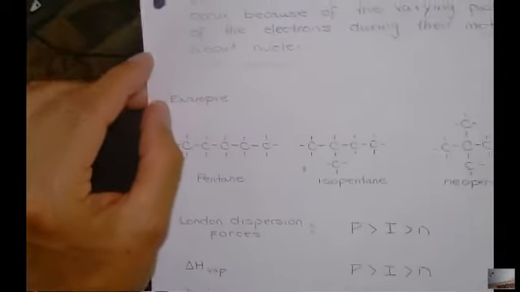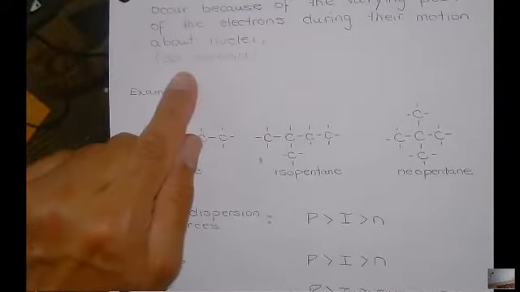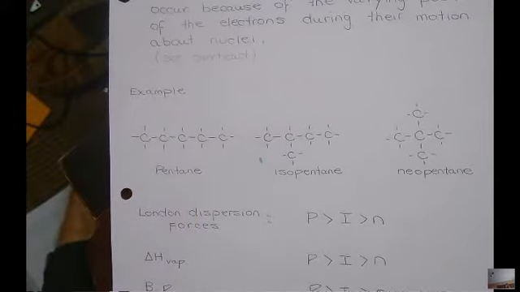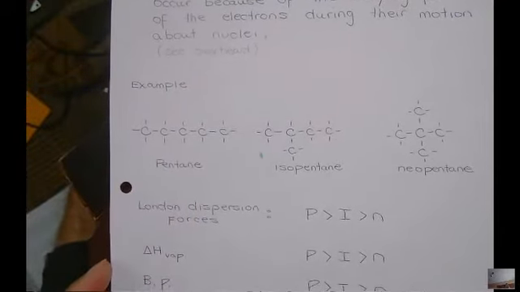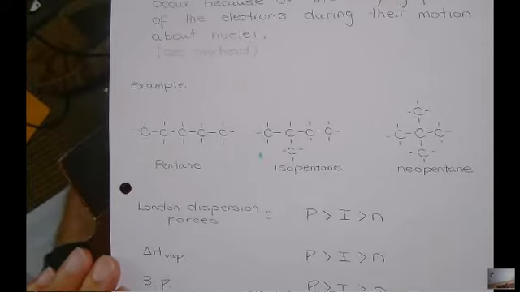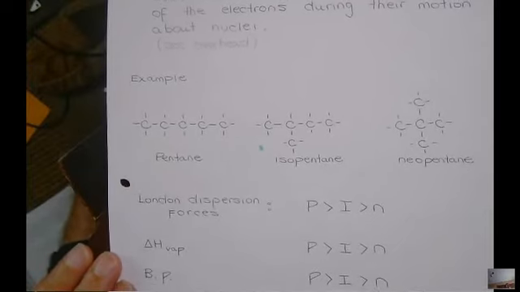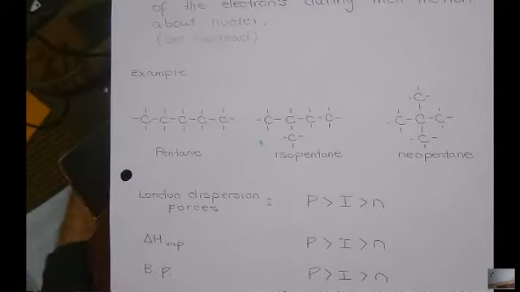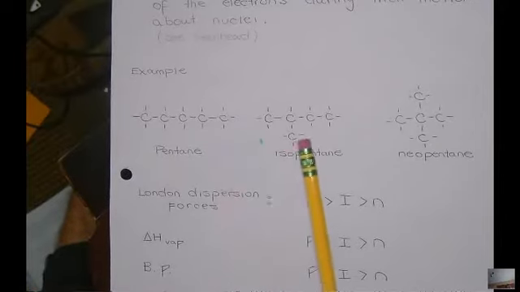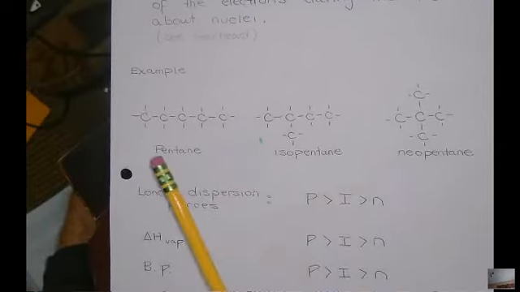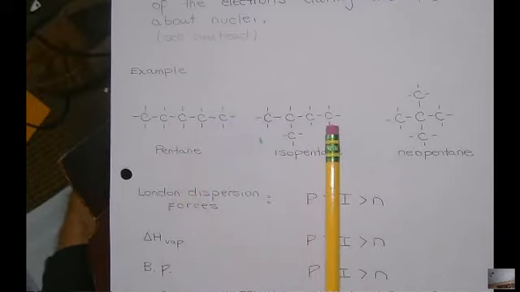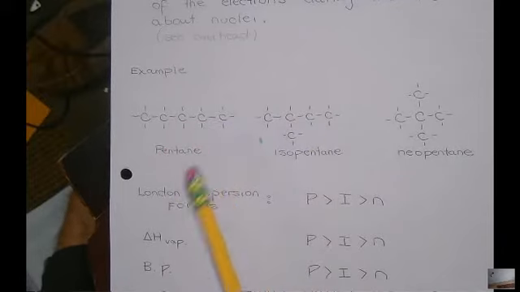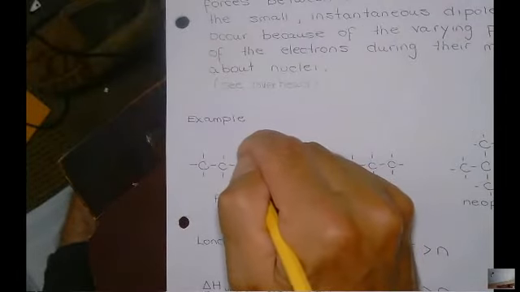Okay, now, so the overhead here is the diagram I just showed you from the book. One of the typical kinds of examples that people would ask you is, what would happen to the following properties between these 3 kinds of molecules? Okay, so these are going to be 3 hydrocarbons. They all have the same molecular weight. I didn't draw the hydrogens, but out on the outside of every one of these lines, think of an H